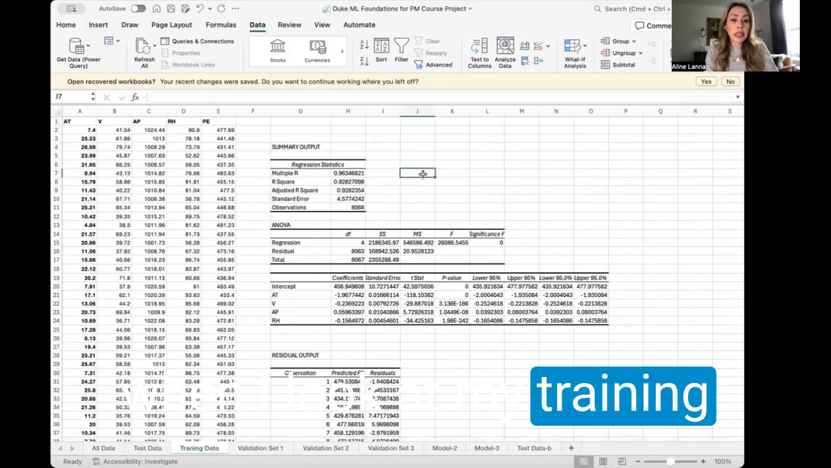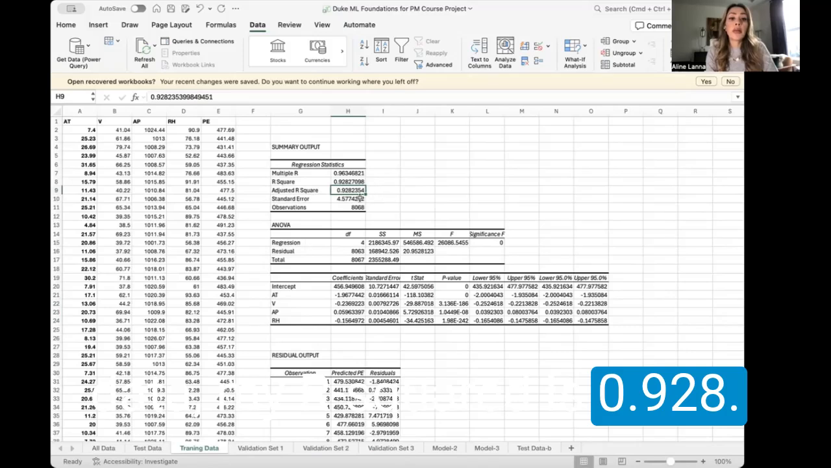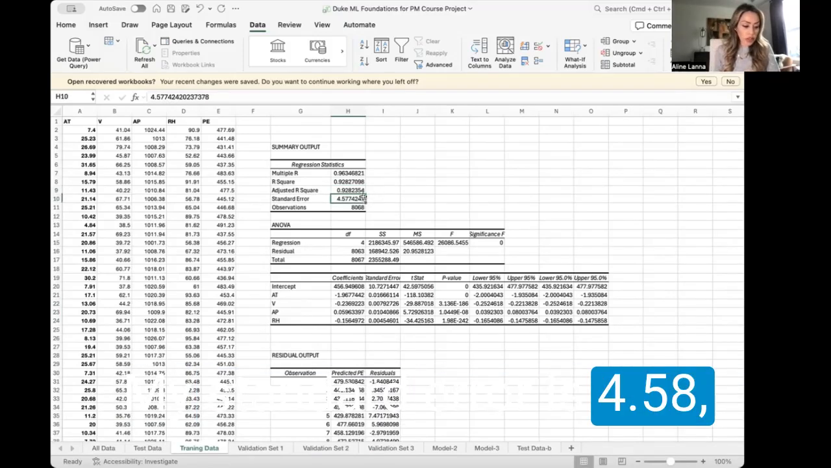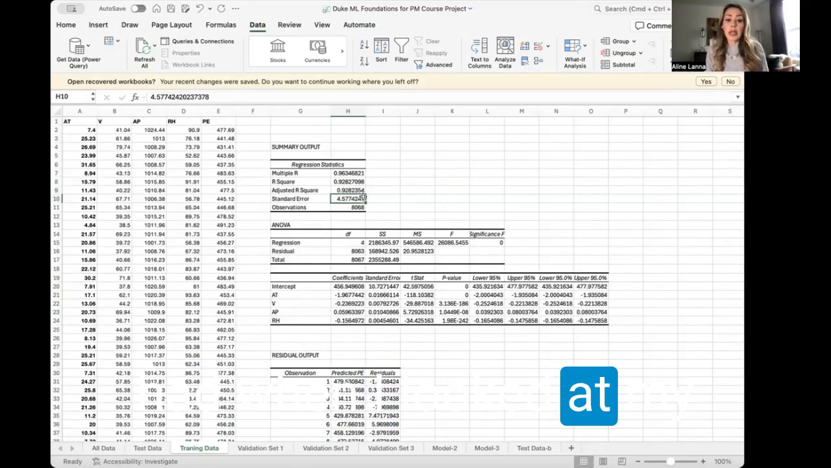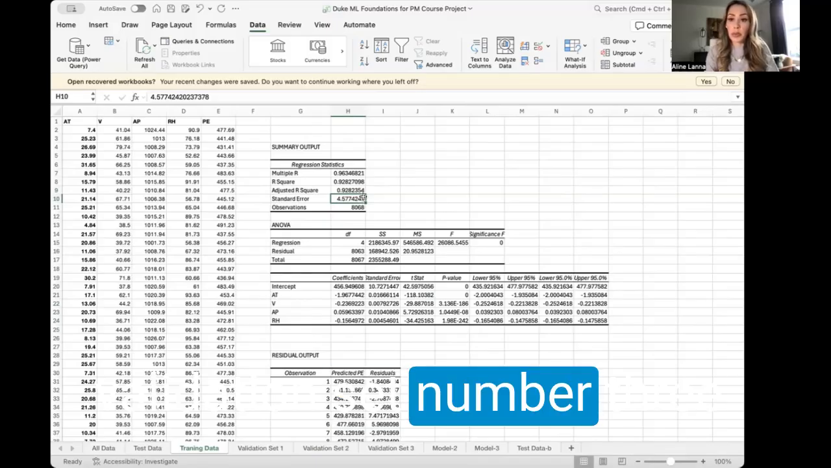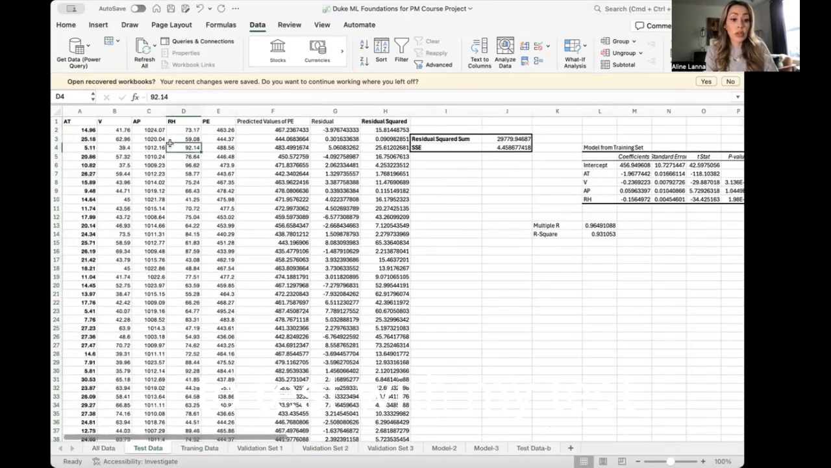When I look at my training data, my R square is 0.928. My standard error is 4.58, which is basically what I had when I looked at my validation set number 3. So now using this model to test